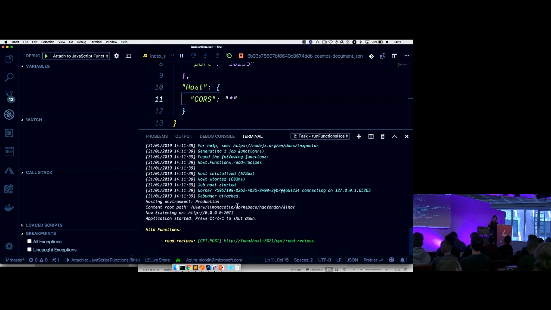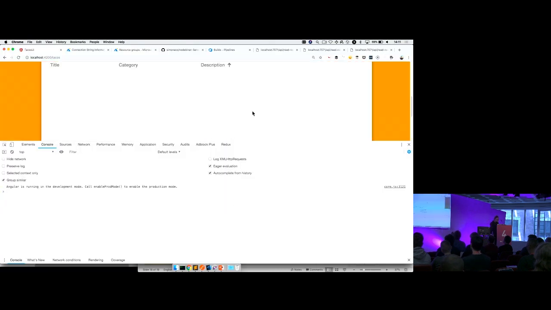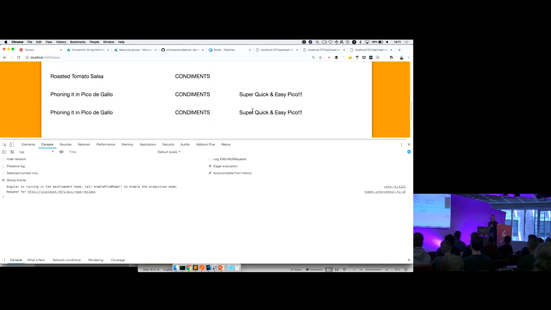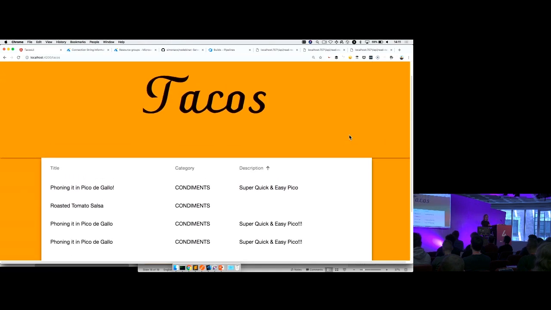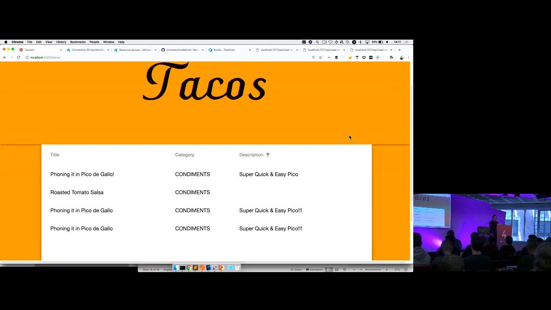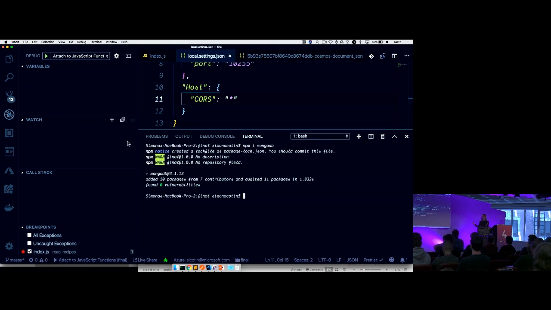So the function is running. If I refresh the page, fantastic, it's retrieved data from our database, and I can run the exact same test where I modify one of the fields in the database and then refresh the page here, but it's not as useful anymore. You've seen that it works. So then the next thing that we want to do, everything works in our local. We actually want to deploy this to the cloud, right? So that it's accessible to those million users that would want to use our application.